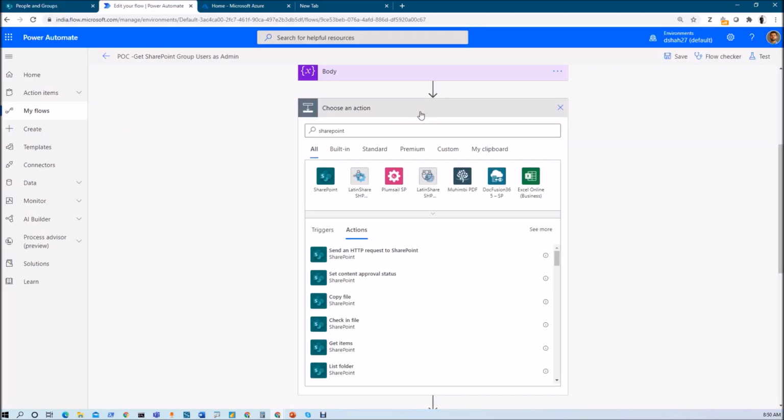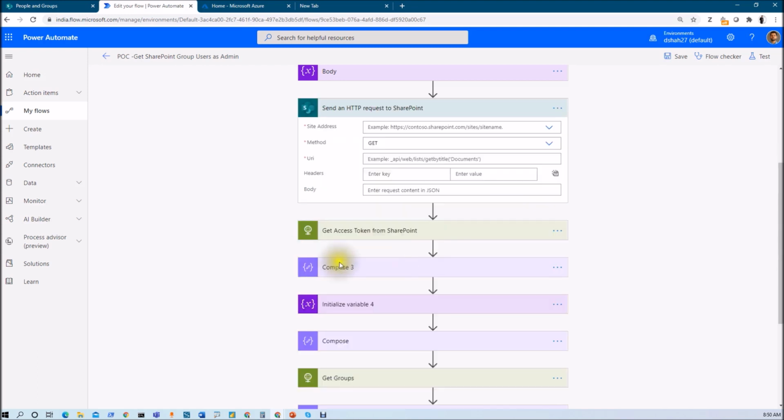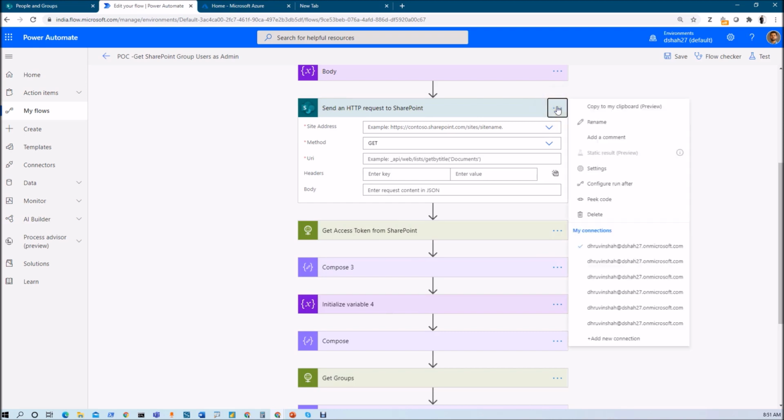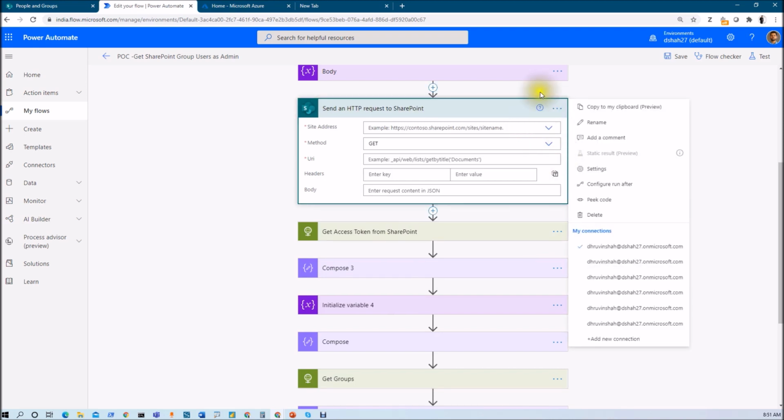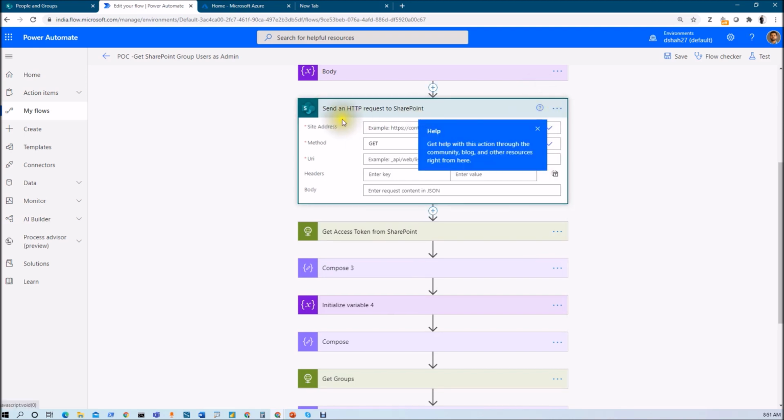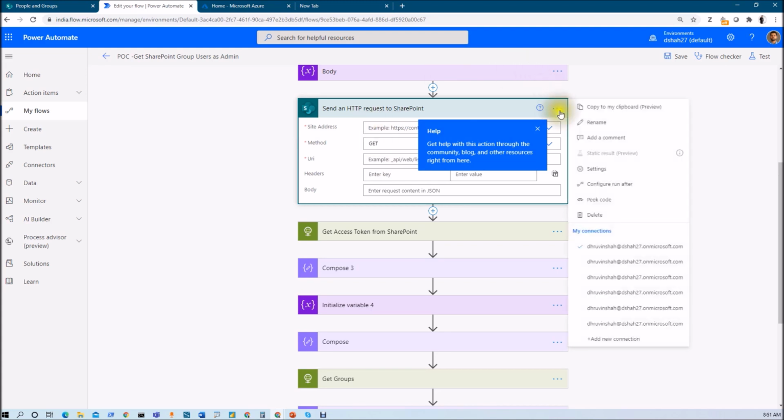Here we are going to compare 2 different actions. One is Send an HTTP request to SharePoint, and the second one is only HTTP request. So when we use Send an HTTP request to SharePoint, basically this will run based on the current user's context. So what happens here is when Amanda is trying to access this REST API, she will not be able to get the members from that particular group. Now I need a permanent solution for that.